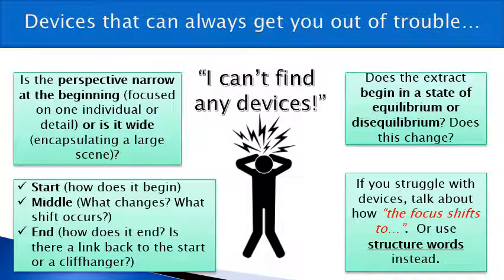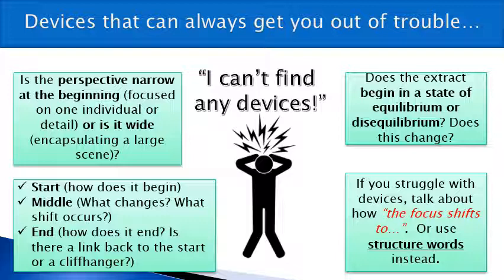If you're really stuck, one of the things that I would definitely encourage you to do anyway is to think about the start, the middle and the end. So the start, how does it begin? Firstly, the text begins with a focus on. In the middle, this changes because we see. And then at the end, how does it close? Is there a link back to the start? Is there a cliffhanger? Finally, the text closes with. So just kind of focusing around the start, something that changes in the middle, and how it ends